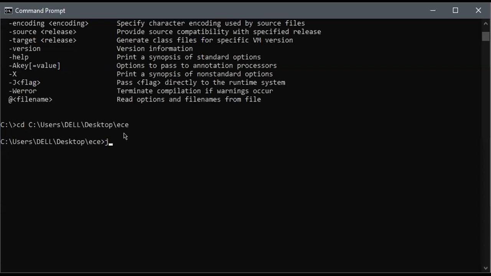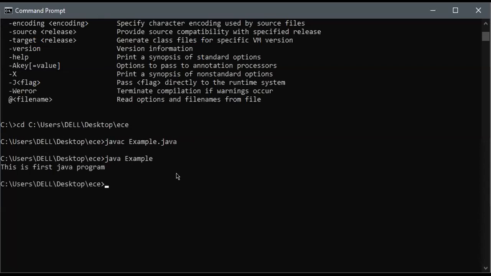And now, first of all, you need to compile the program: javac and then space Example.java and then press enter. If there is any error, errors will appear over here. And then a class file will be created by the compiler. If you want to run that class, type the keyword java and then type the name of the program and then press enter. Okay. Just remember all these things, what I said, and note it down if required.